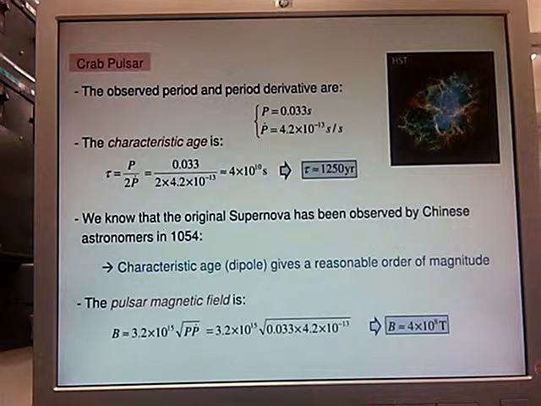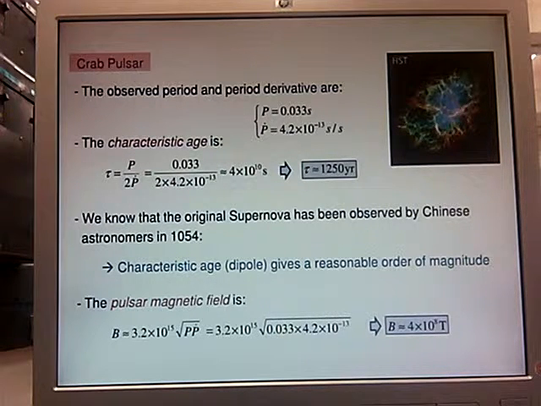Right, and here again, just a quick reminder, the characteristic age is period divided by 2 times P dot. And as I said, we'll be talking about the Crab pulsar a lot. So let's think about it. Well, if we put in the values for its period and P dot that are measured, we actually come up